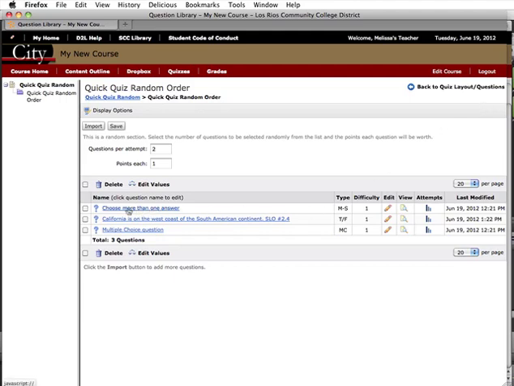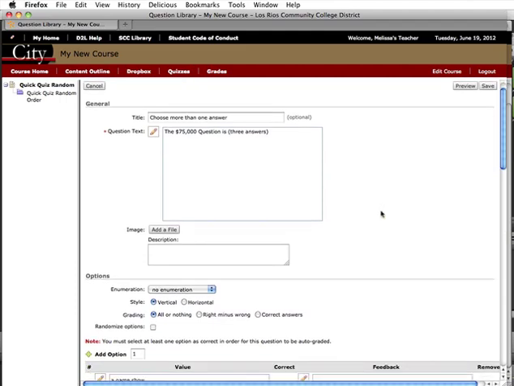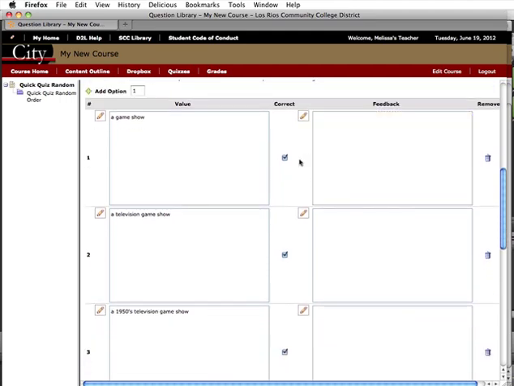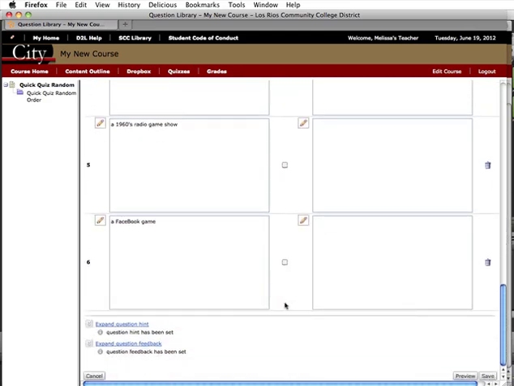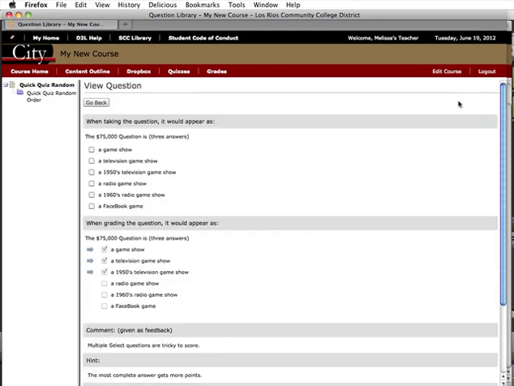The other one that was squirrely was the multiple select question. So let's click the pencil to edit it and look and see what our options are. So grading, all or nothing, right minus wrong, or correct answers. Maybe I want to change this so that if somebody got a couple of them correct, that should be in their favor. So again, while we're here, we're going to check that the correct answers are marked. The incorrect answers are not marked. All right, we can look at a preview of this question